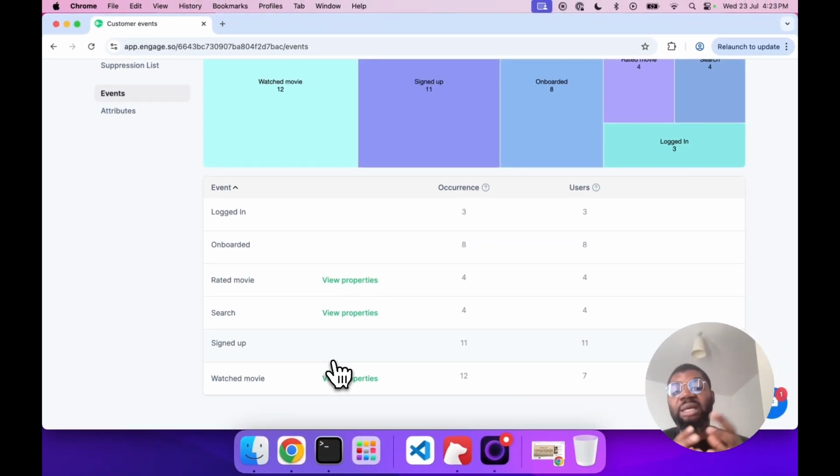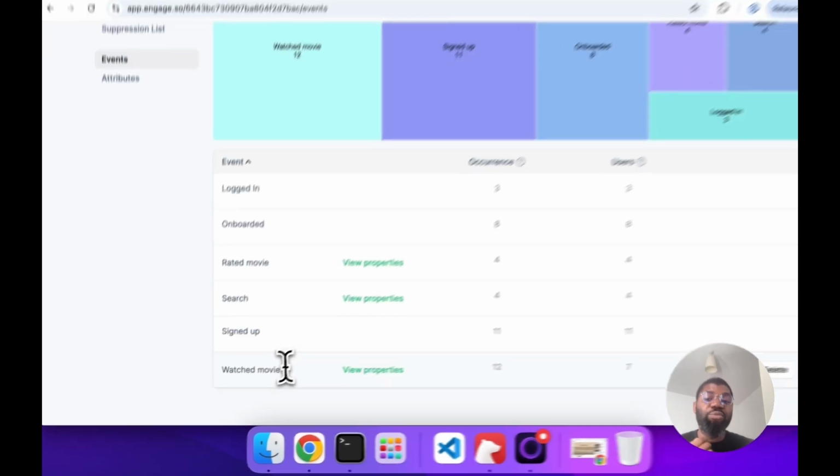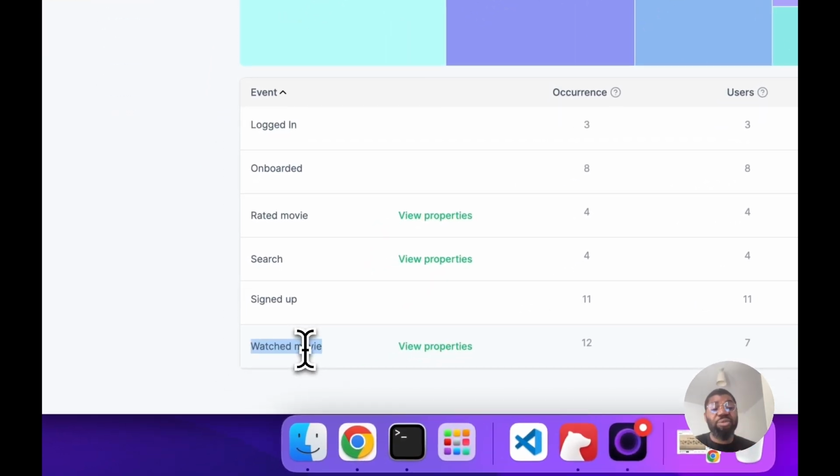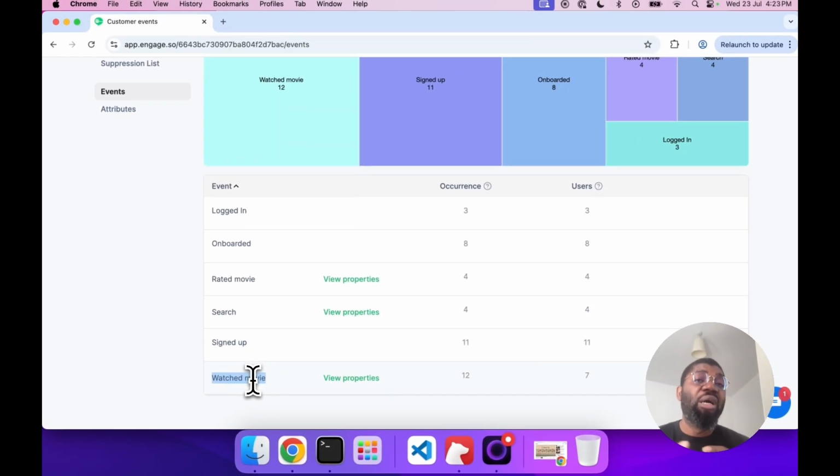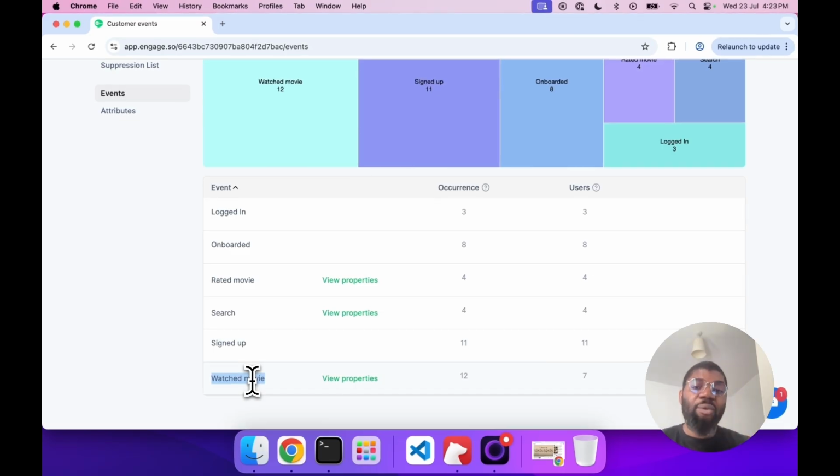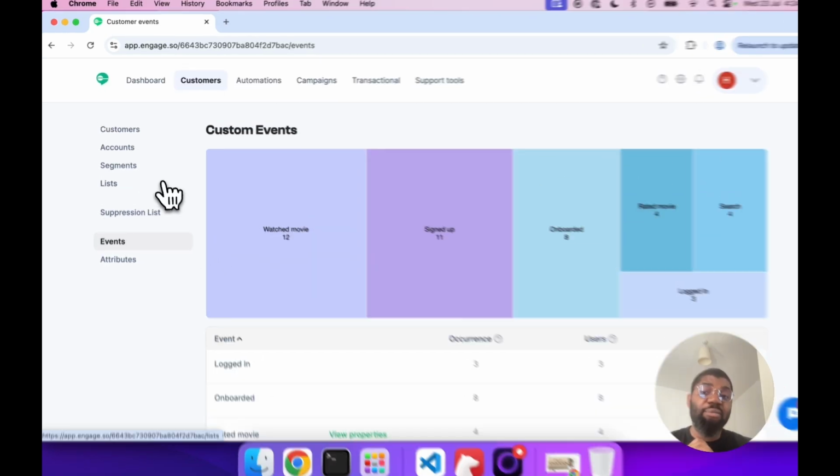And like I explained, for a movie streaming app, my activation event would be watched movie, because that's what tells me that the user is actually active. When users log in, yes, it's fine, but logging in doesn't mean they are active. They can log in, but if they are not watching movies, then they are not doing what I want them to do. So if I've defined watched movie as my activation event, it means that I can come to segments